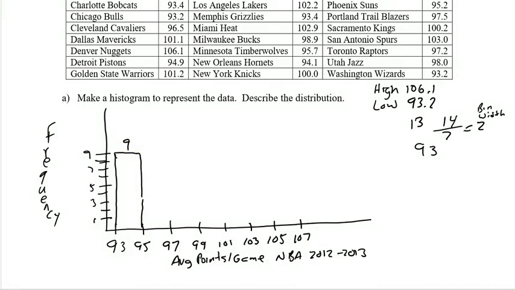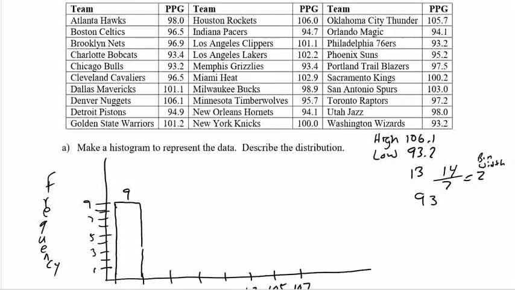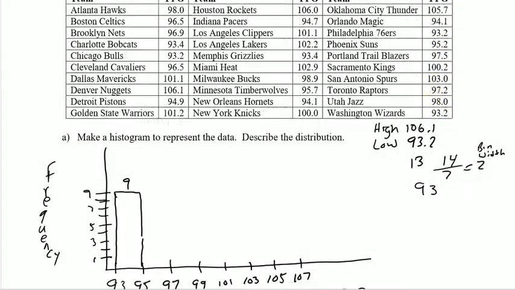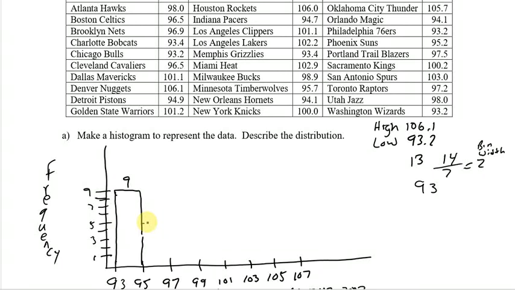Now in 95 to 97, we could continue the process here. In 95 to 97, I have 1, 2, 3, 4, 5, and 5. I see 5 of them. So for 95 to 97, I'll make my bar at 5. Okay. And we just continue on, and at the end it should add up to 30 because there are 30